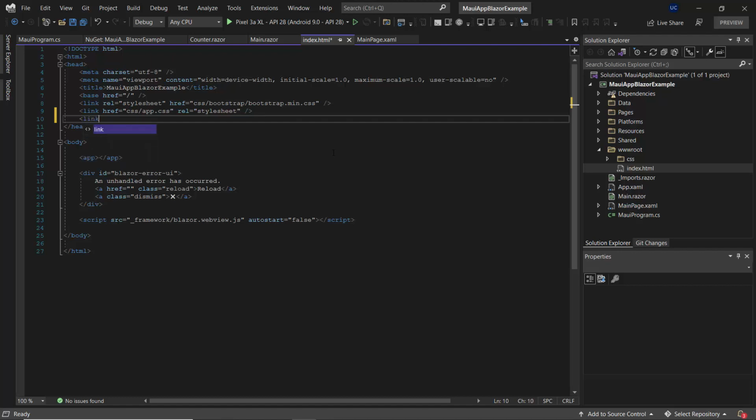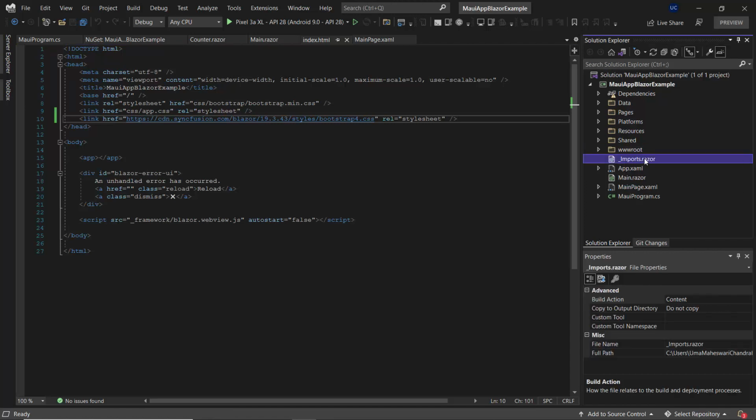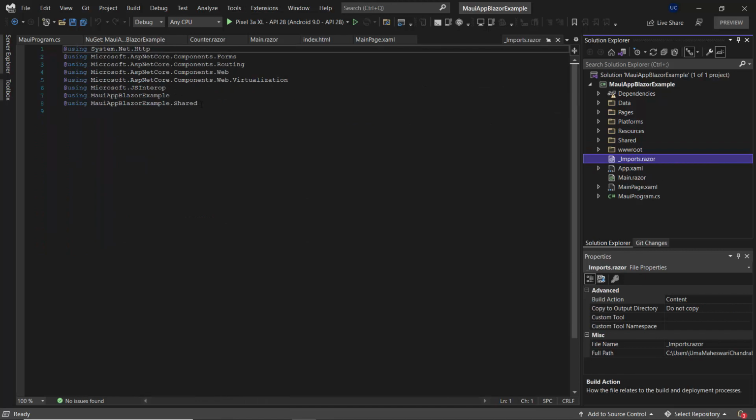So here I'll add the link tag. Let me add the CDN path to the href attribute and style sheet, and I'll close this tab.